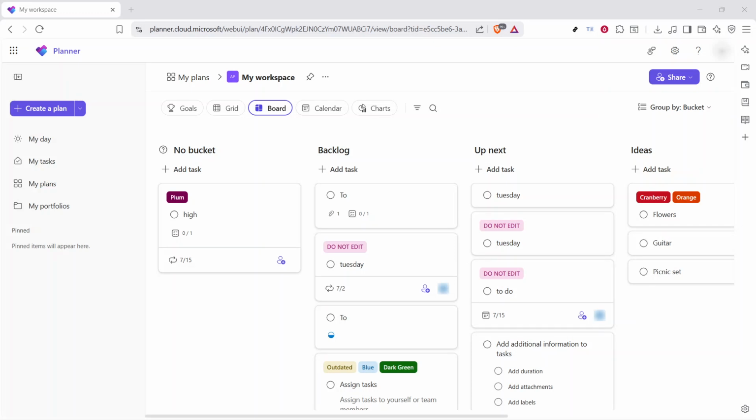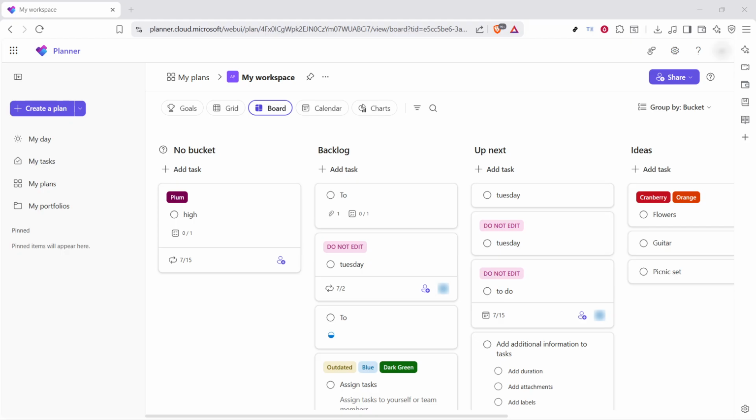In today's video, I'm going to teach you how to sort Microsoft Planner Grid View. If you work with a lot of tasks in Microsoft Planner, sorting your grid view can make it much easier to scan information, organize priorities, and quickly find what you need. The process is very simple, and once you know where to click, you can sort your tasks in just a